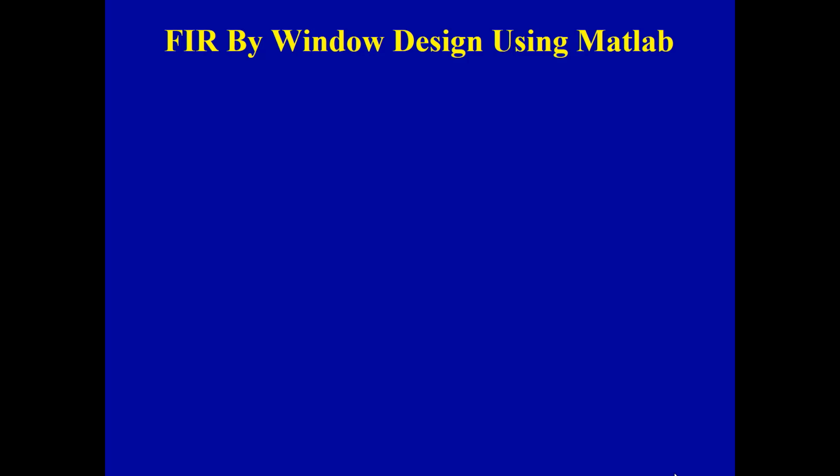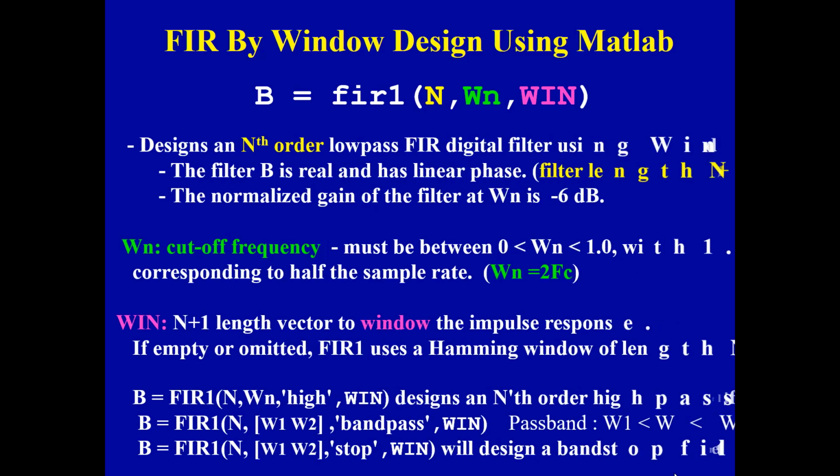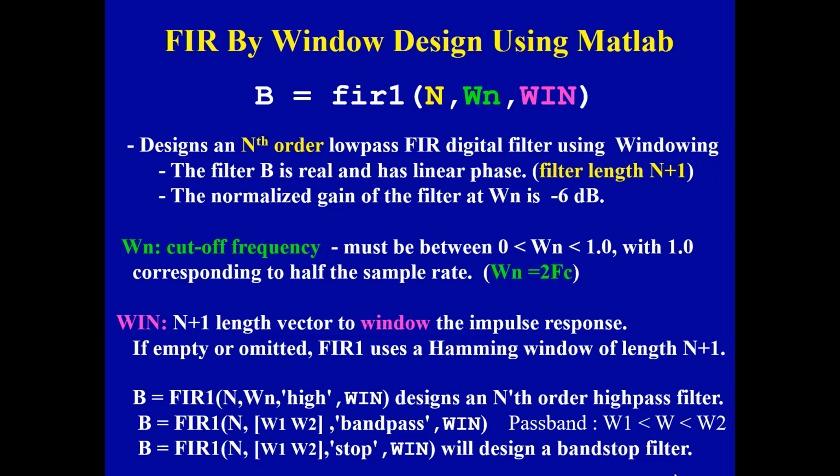Now you can actually do this design technique using MATLAB. MATLAB actually has its own command for FIR design using this windowing function. It's the FIR1 command, and returns the B coefficients, the unit sample response values for the filter, where the parameters are n, omega n, and window. It designs an n-order low-pass filter, so a filter with a length, with a number of coefficients, equal to n plus 1, and sets the gain of the filter at 0.5 or minus 6 dB at the frequency specified by omega n,